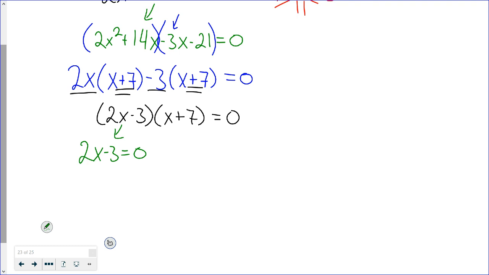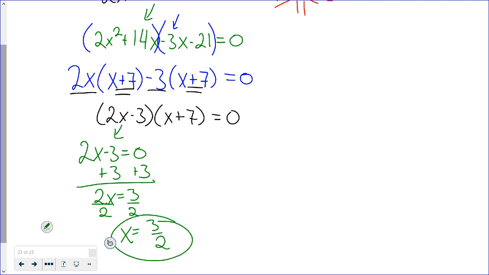Well, solving this should be pretty straightforward. It's a 2-step equation. We learned this stuff in week 1, week 2 of math class. If we add 3 to both sides, we get rid of it that way. 2x equals 3. And then if I divide by 2, x equals 3/2. Great, we nailed that. And that's one of our answers, but it's not my only answer. We still need to go back and say, hey, what about this one? x plus 7 equals 0. So if I subtract here,